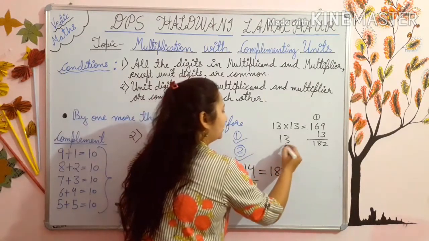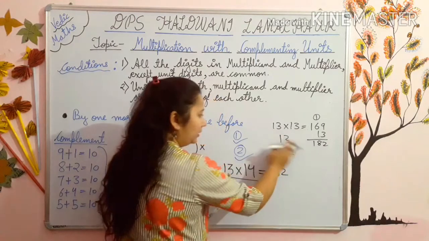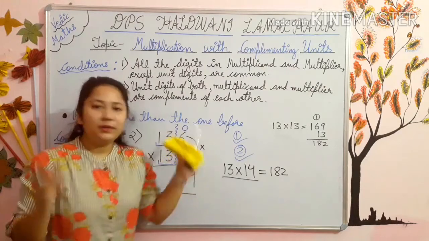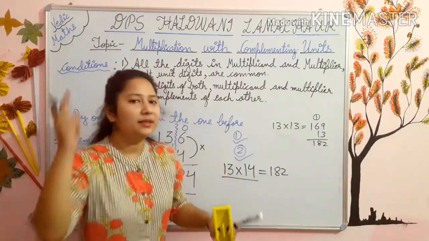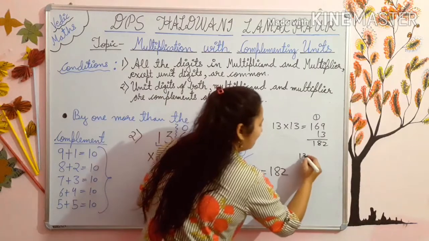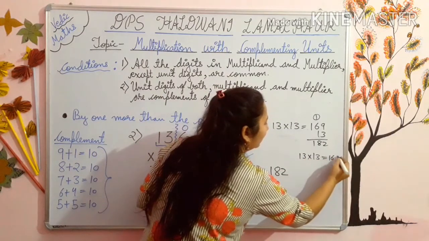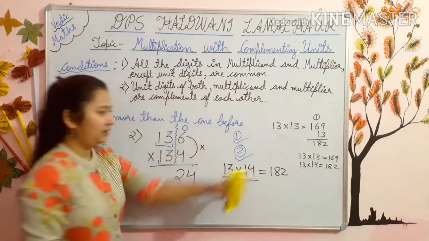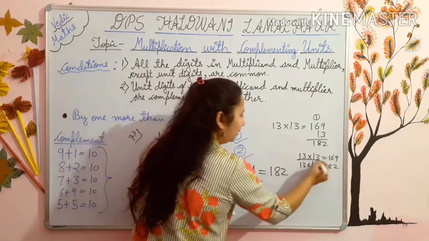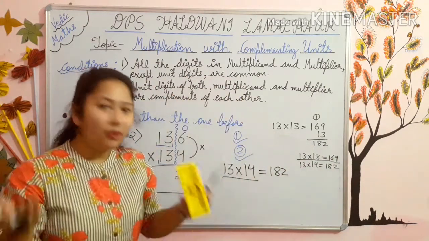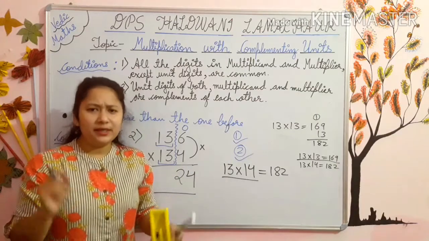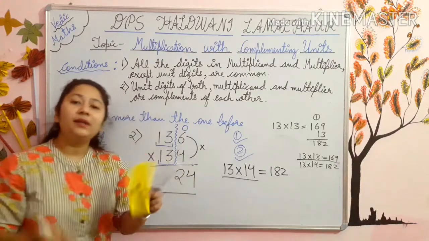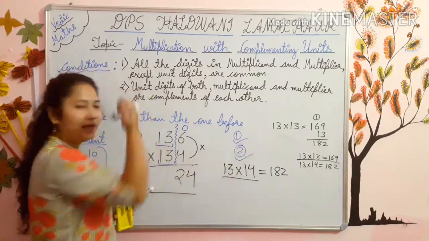I have not done this. Without doing this, easily I have multiplied. See, first of all there should be 13 into 13, then there will be 13 into 14. 13 into 13 I know, because you all learn squares till I think 20. So 13 into 13 you know it is 169. So you can add one more 13 in 169, so it will be 182.